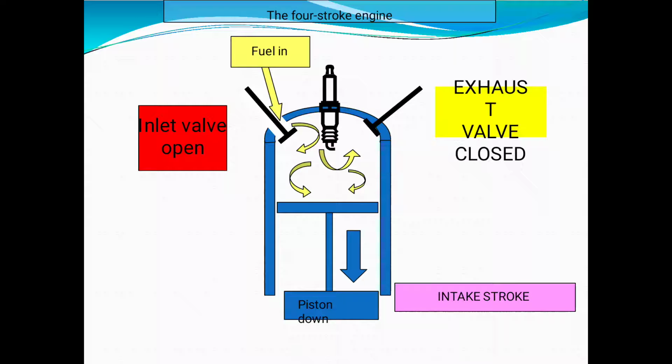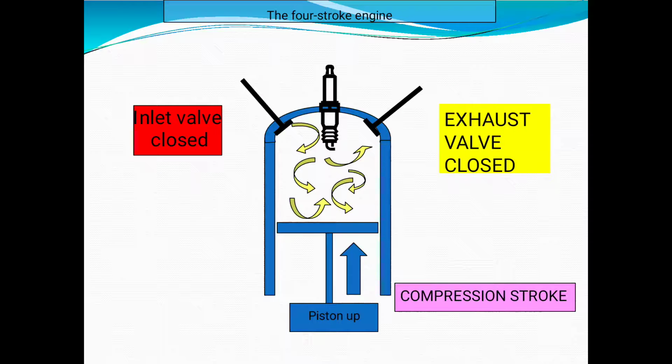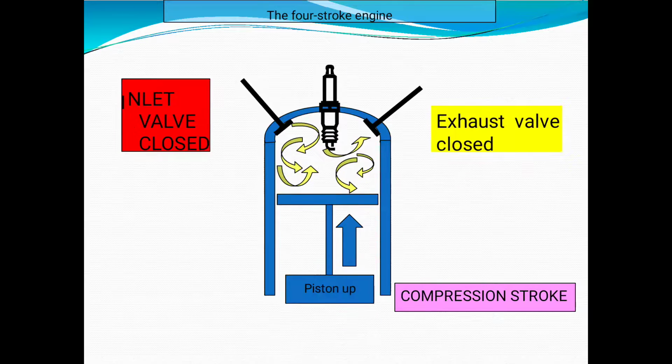So see here, this is the diagrammatical representation of the compression stroke. Sorry, the earlier one was the intake stroke representation. So you will see the compression stroke here. The inlet hole is closed, the exhaust hole is also closed, the piston is back up. So the air and petrol mixture becomes compressed. The piston is going upward. This is the mixture of air and petrol, indicated by the arrow.